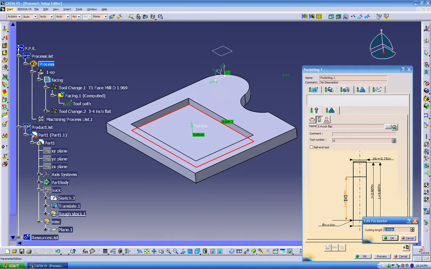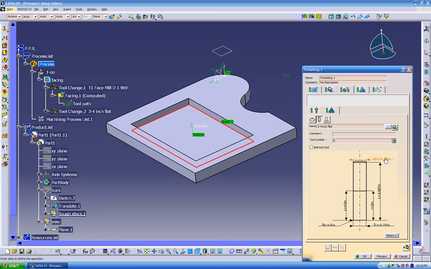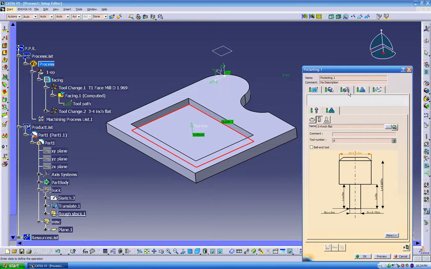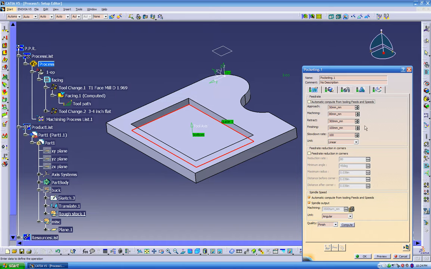And if you have a tool length of 2 inches, you can make this 2 inches. And your holder diameter is about 2.2. Then you can put over here your tool number, and over here your description of the tool, feeds and speeds. For this tool, we're going to approach it a little bit slower, because we're actually going to plunge inside the part. So let's approach this part at 10 feed rate, machine it at 80, that's about right, retract it 300, finishing 100,